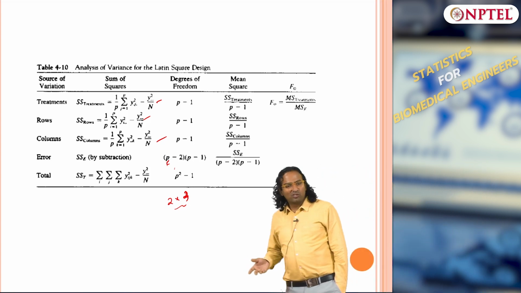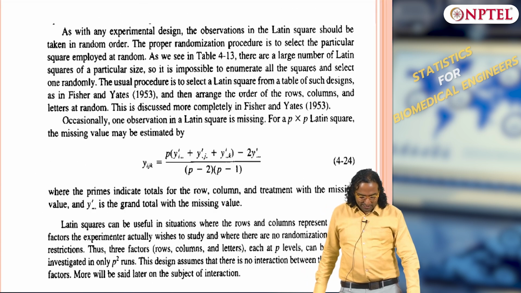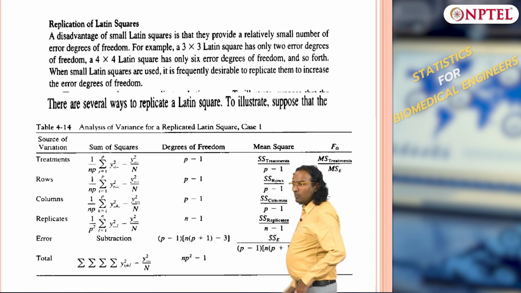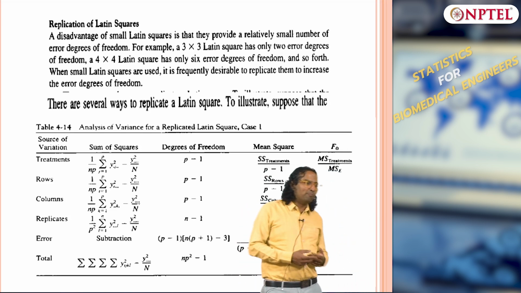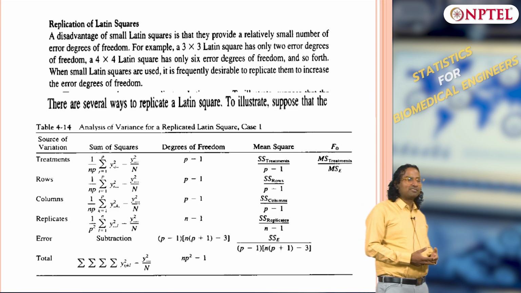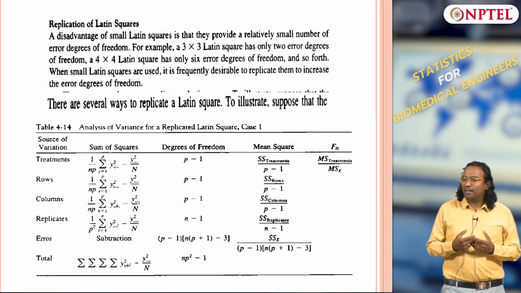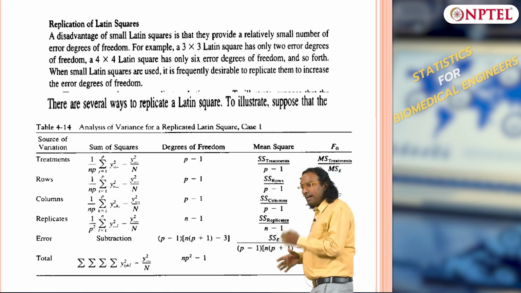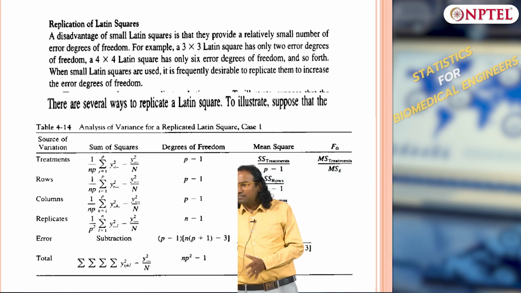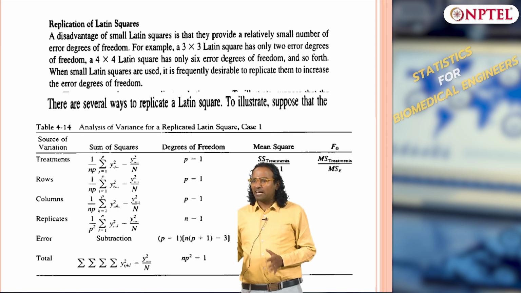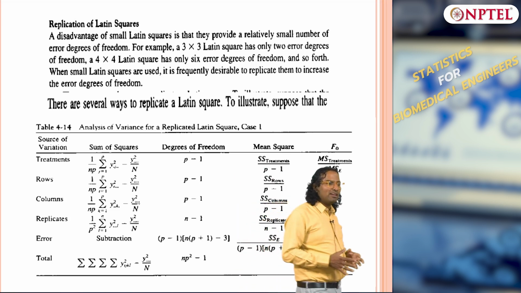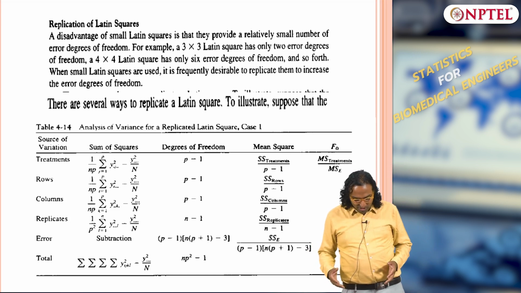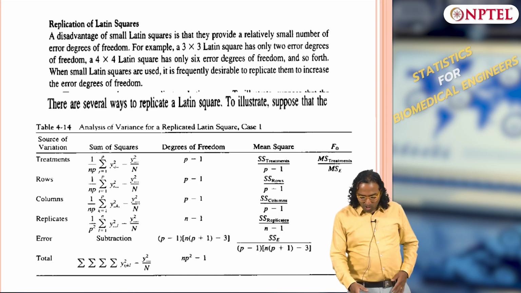One of the ways to improve, or the easiest way to do it, is to replicate the Latin square. You conduct the Latin square experiment, but multiple times. So now you are replicating the square itself, that is what we do. You have done 16 experiments, then next conduct another 16, right. Those are ways in which you can actually improve your degrees of freedom. Now, how do the degrees of freedom get improved? If you talk about it, the total number of data points is what?